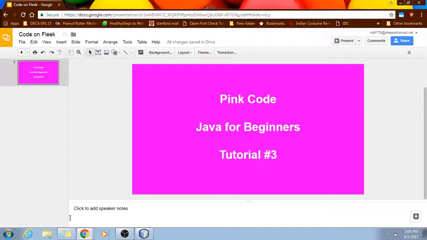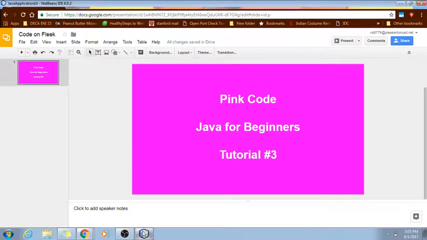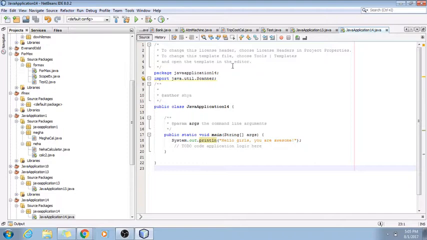Guys, welcome to the third Java tutorial. Oh my gosh, you guys are already coding your own programs. How exciting is that? So in the third Java tutorial, we will be using the scanner